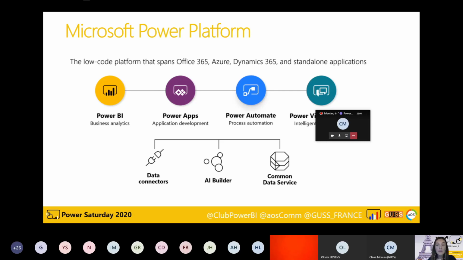Then you have Power Apps. So with Power Apps, I'm going to show you an end-to-end solution today. It's more like application development. It's like a full web application, which allows you to create your own application. You can create your line of business application. You can create any kind of application, and everything is embedded into what is called the Power Apps Studio, where you can create your application. Let's say, for example, you want to create an application for ticket automation. You can do that directly in there. It's really a solution to